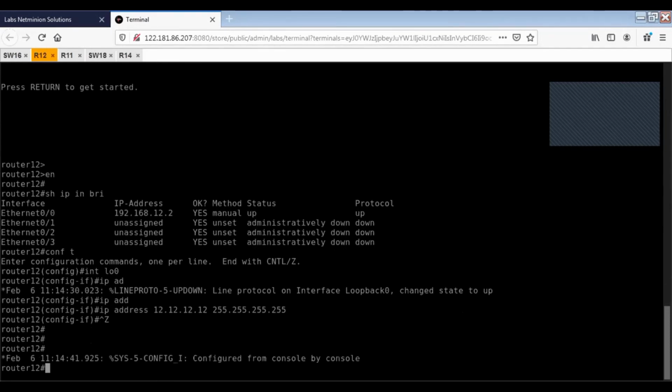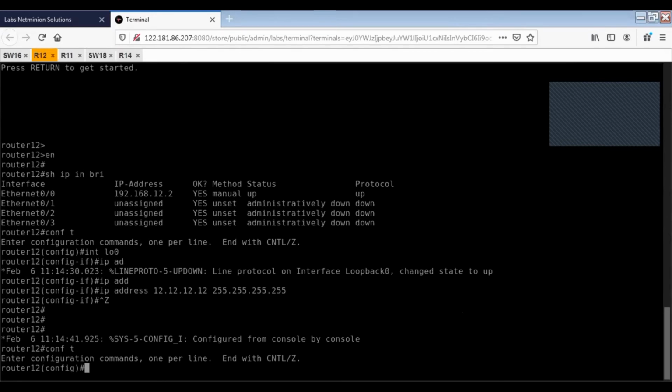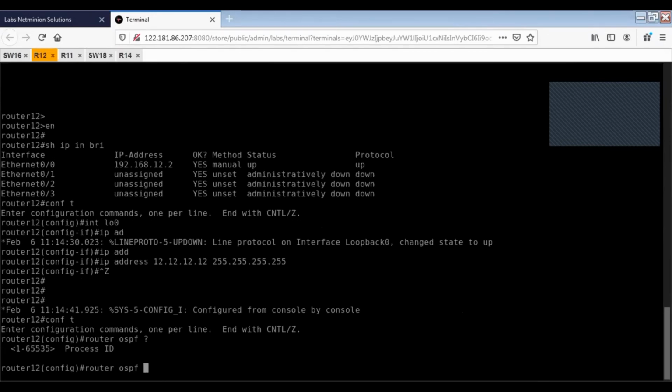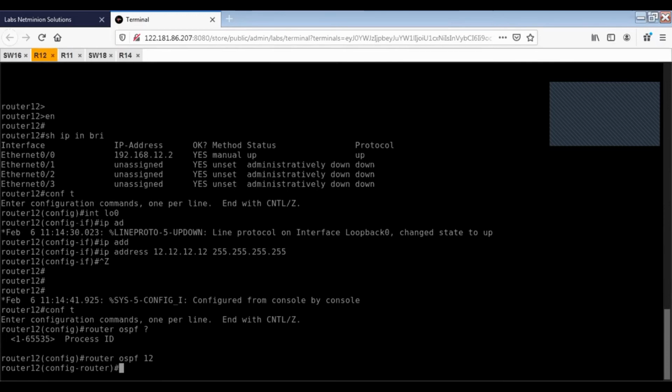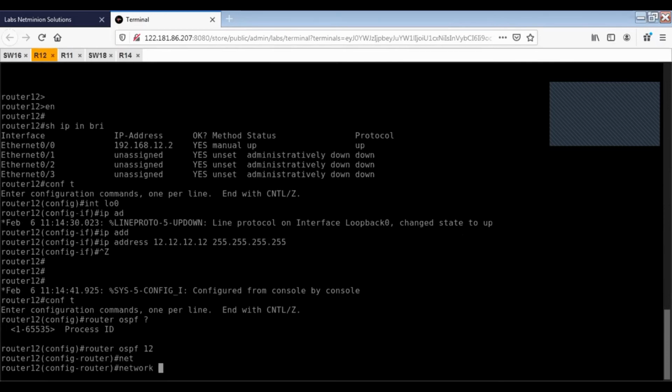Now we'll create OSPF. So router OSPF, then the process ID. This is not an AS number, it is a process ID, and it does not need to be the same on each and every router. Like in router 12, I am taking OSPF 12, then network.